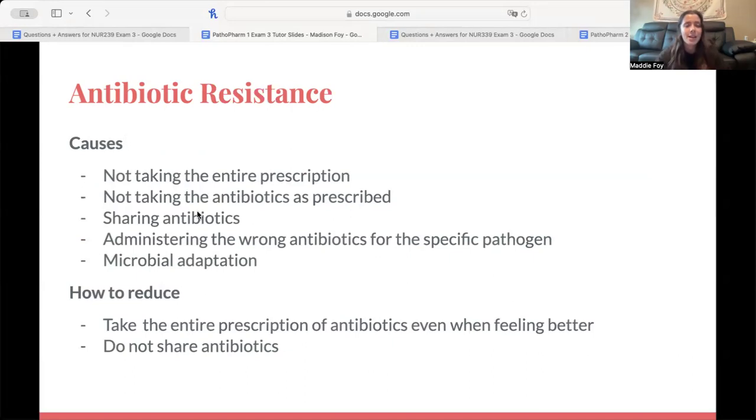Antibiotic resistance, again, if you took microbiology, especially with Jeff Helms, you know all about antibiotic resistance. This is most commonly caused by people not taking the entirety of a prescription, not taking them as prescribed, sharing antibiotics between friends or family, simply taking the wrong antibiotic, which is not the fault of the patient. That's typically the fault of the provider. And then microbial adaptation too. These microbes and bacteria are constantly